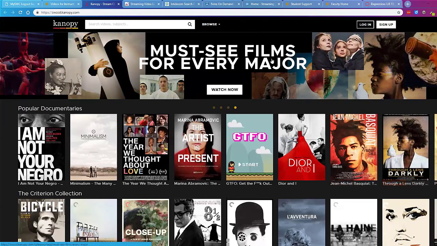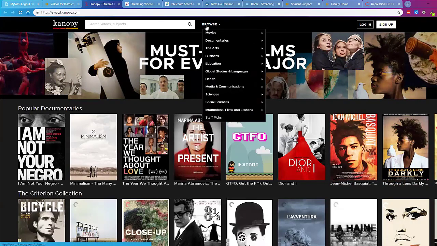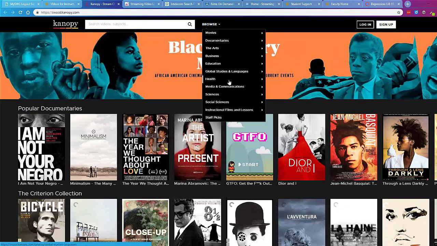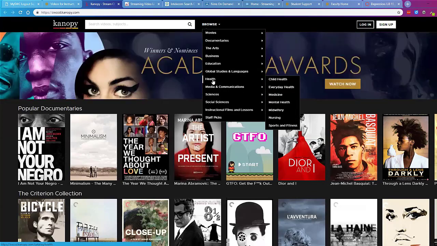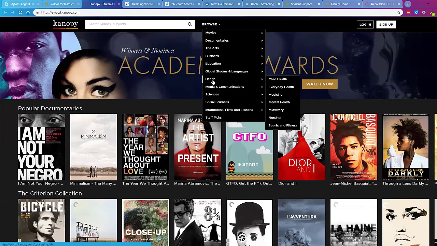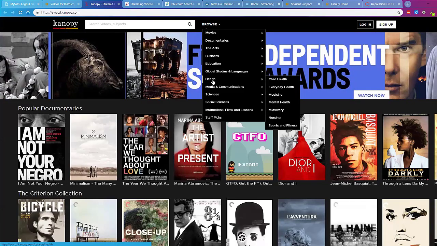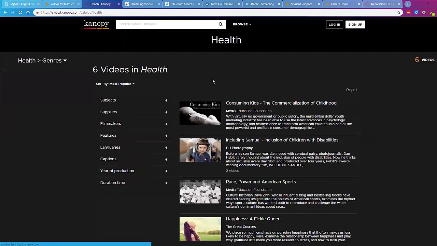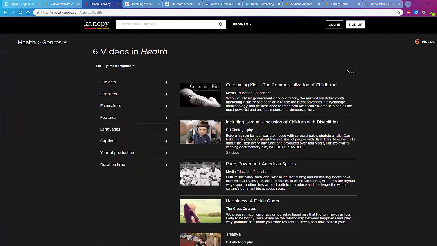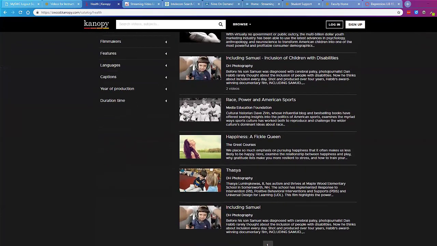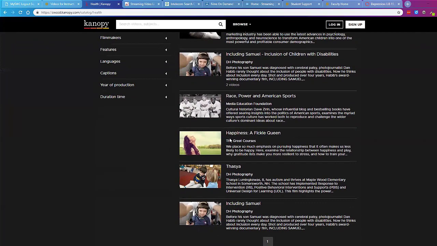Within Canopy, you can browse it. So if you go up here to the top of the page, it's also broken up into different classifications and areas. So if I wanted to see, let's say, videos that dealt with health, as you can see, there's a submenu that comes up here: medicine, mental health, nursing. But if I wanted to just see all the ones that deal with the topic of health, here are the 6 videos in our collection that deal with health. And it provides you with a little bit of information about each of the films. As you click on a title,